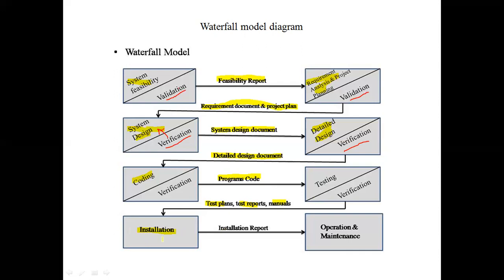to the next phase, which is installation, our implementation phase. The phase of installation is performed, new installation documents are produced, and finally, the phase of operation and maintenance is performed. As you can see in this diagram, each phase is divided, some documents are generated, and the documents are forwarded to the next phase. This is specifically done because in industry, mostly the people performing the phases are different.